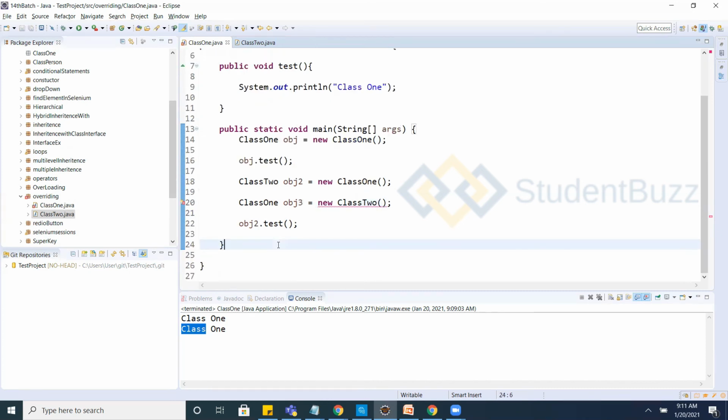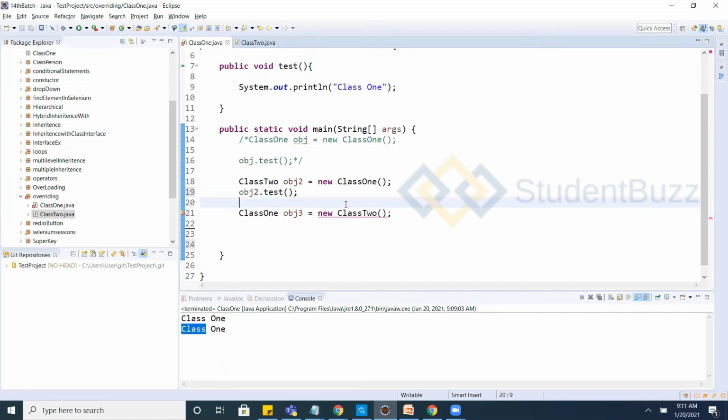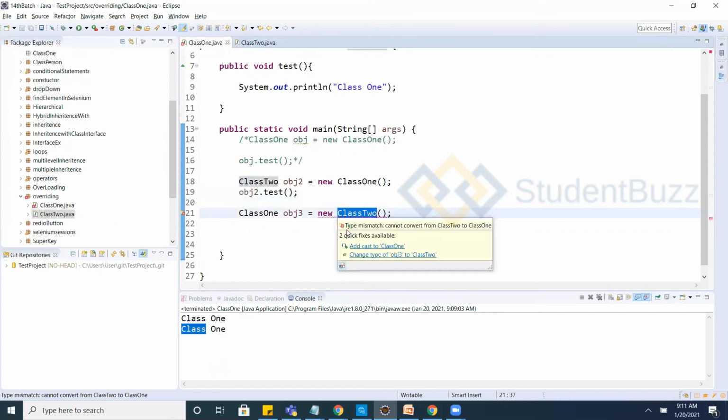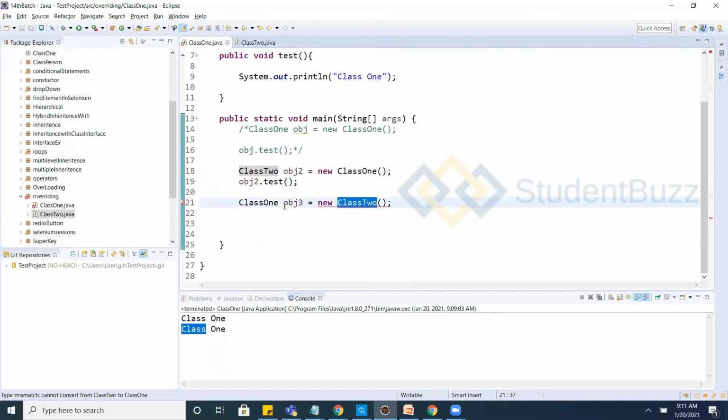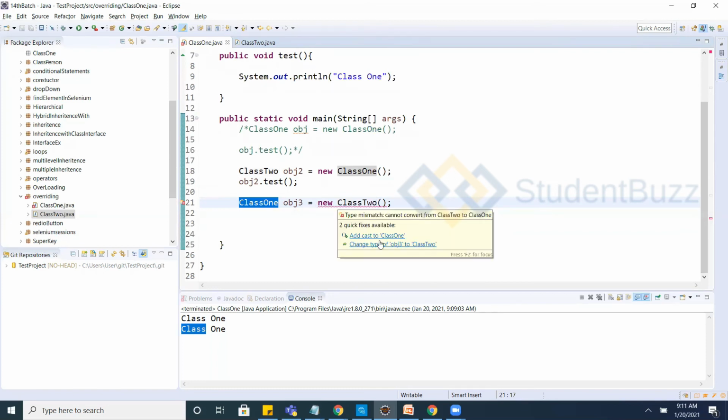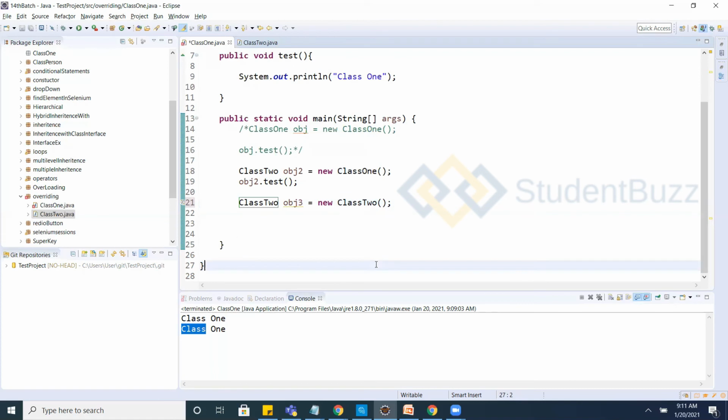It is not allowing us. Why? What is the issue with this? Class 2 is the extended class here, and you are storing into class 1. The class 2 object, it is not allowing you to create with class 1.